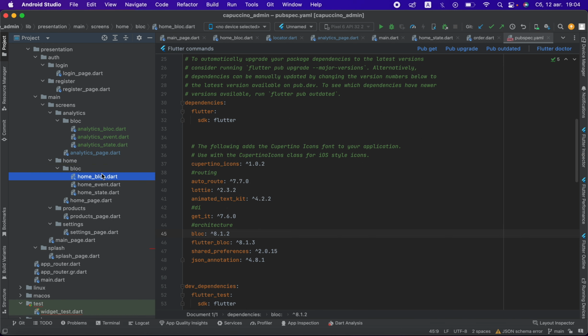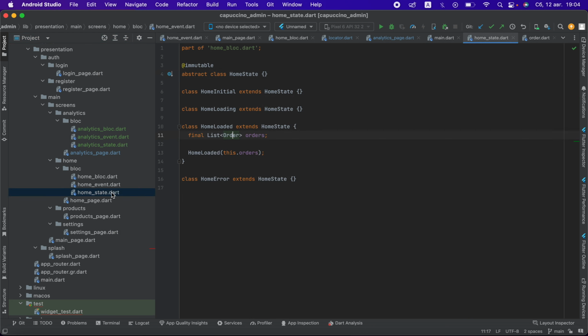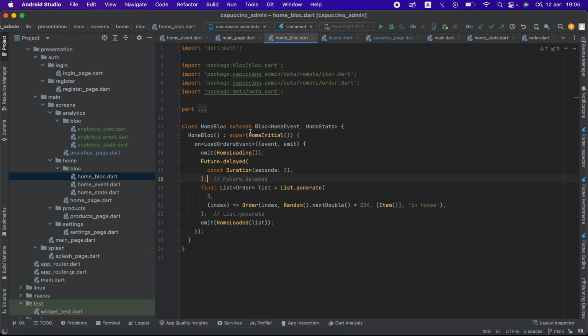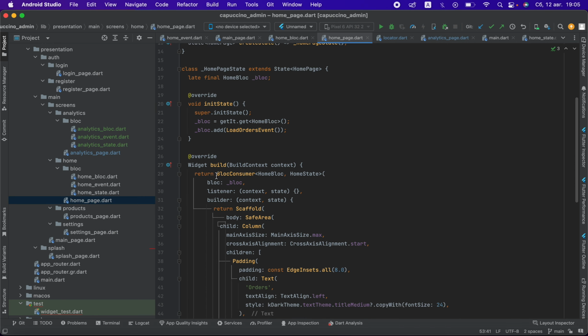And if you're talking about Bloc, it's a business logic component. Bloc includes event and state. Bloc receives an event and provides state on your page. You can use BlocConsumer for building your